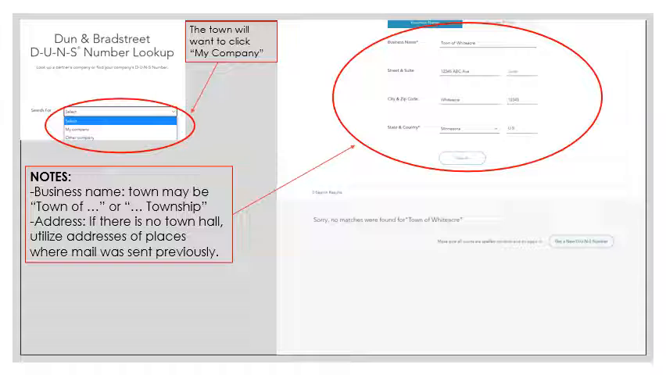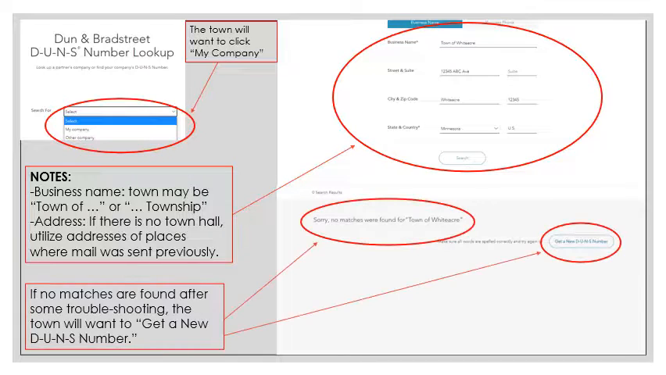The town's business name may differ based upon who put it in there. Your town's name could be Town of, Township of, blank Township, or blank Town. And so if you're having trouble finding your township, please try all four of those. You can also put in the town's address if the town is having issues finding their town in the DUNS number lookup. If you can't find your town after troubleshooting, it would be best to go through the Get a